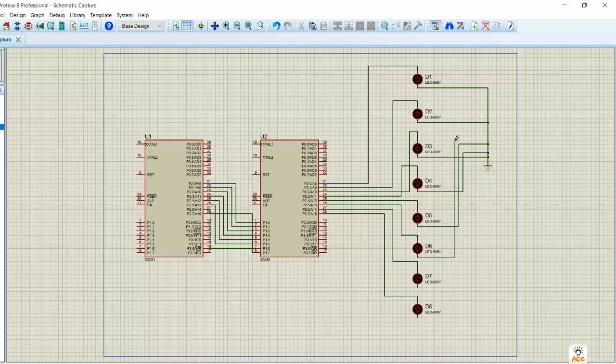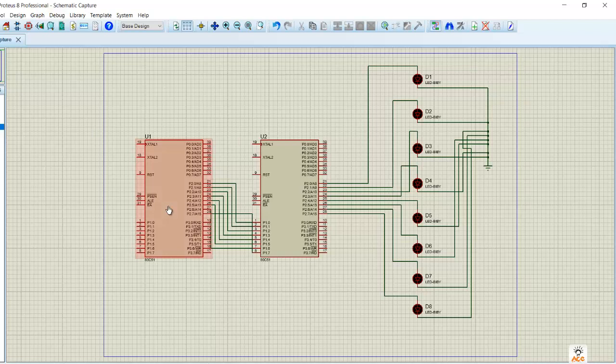Six and 7, and the last one to ground. So we are done with the connections.